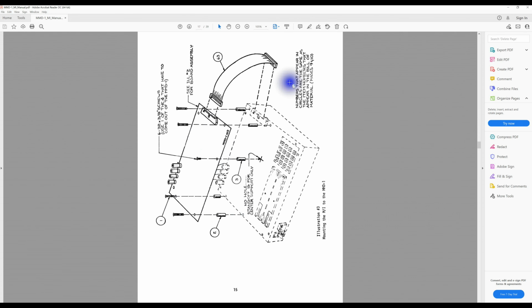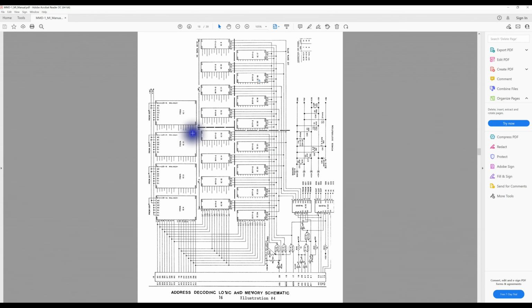How to mount the board. They're hinting at the wires here that you use to connect to the posts here. It just uses 4 standoffs, 4 screws, and a ribbon cable. It's pretty easy to put on. Pretty simple schematic, 4 1702s, a couple banks of RAM, some decoding logic,